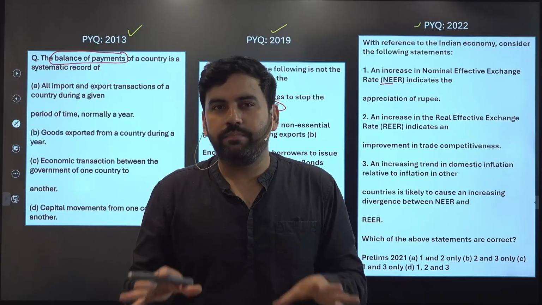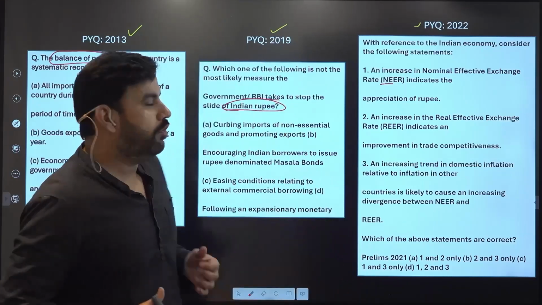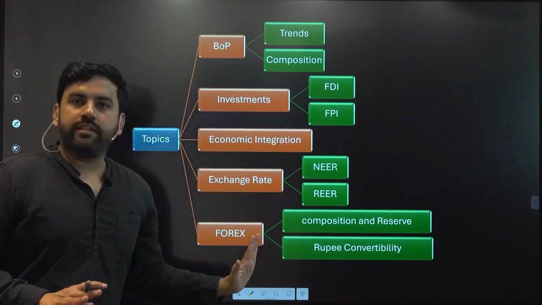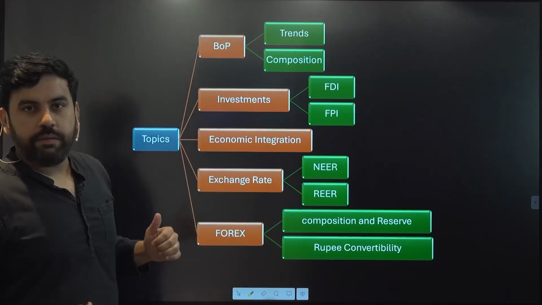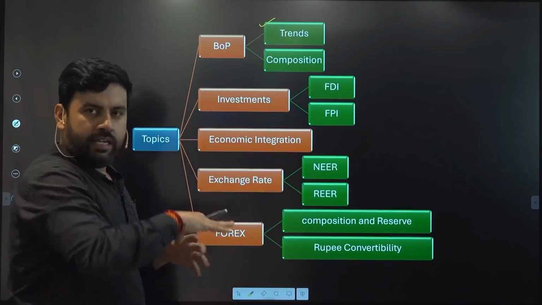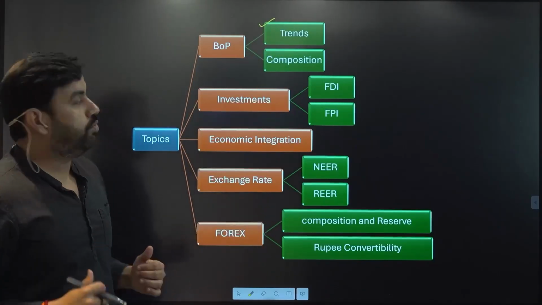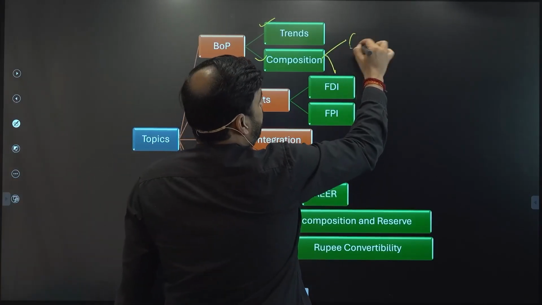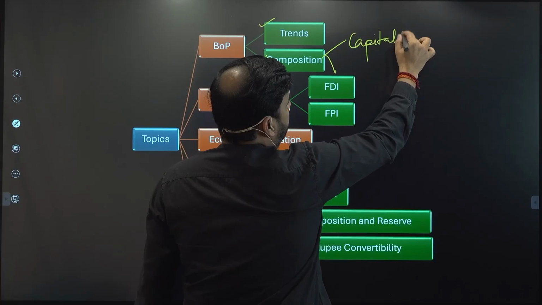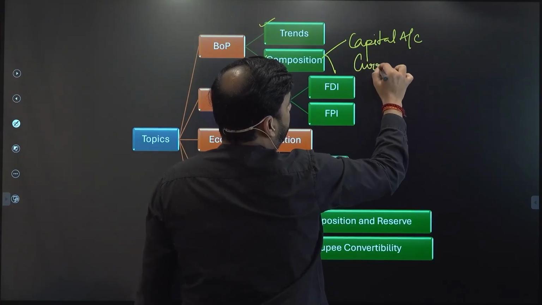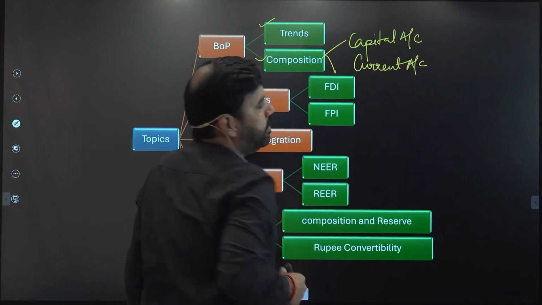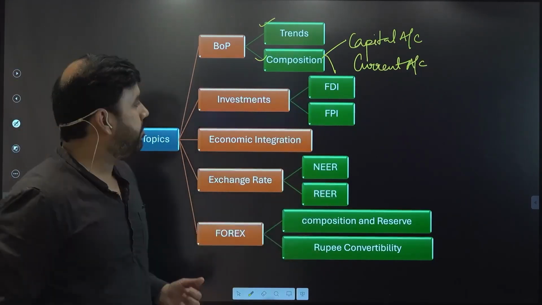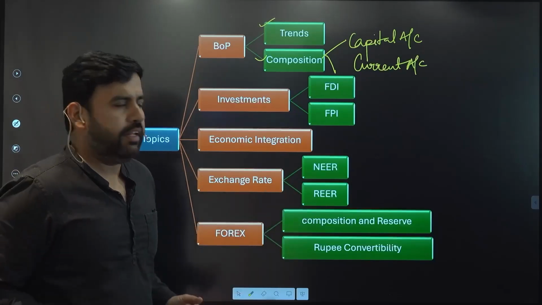Now, these are the subtopics of the external sector. Overall, if you look at the bigger picture, you will identify that these are the entire topics that we are going to cover, starting with balance of payment. What are the trends of balance of payment in the last few decades, especially in the last 2-3 years? The composition of the balance of payment, which includes the capital account and the current account. Current itself means within 365 days, and capital includes more than that. But this is the broad definition. We'll be covering more detail.